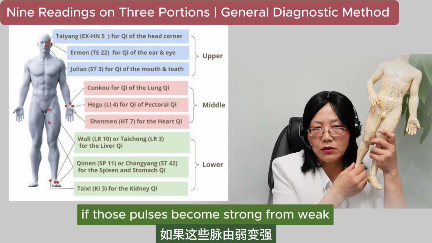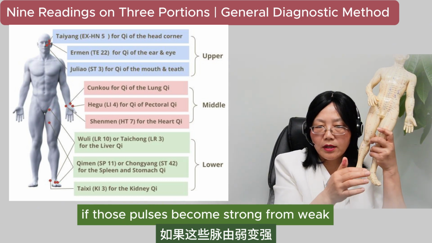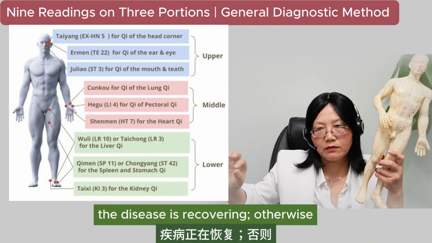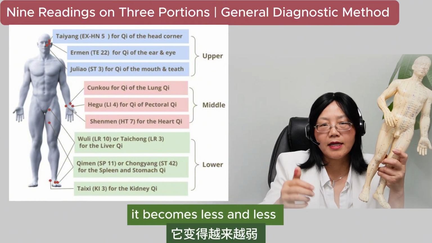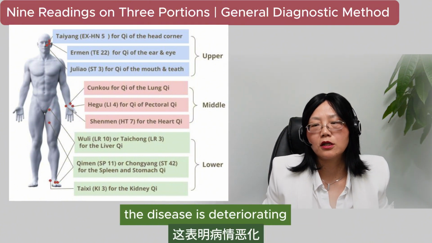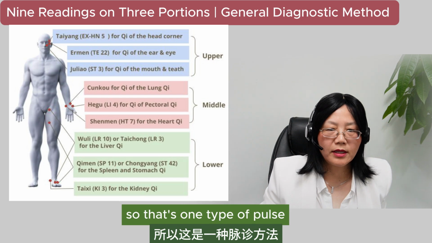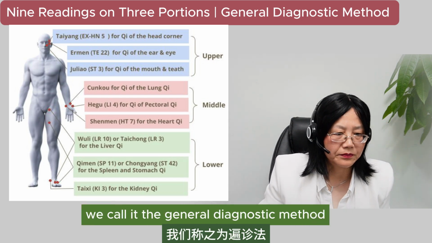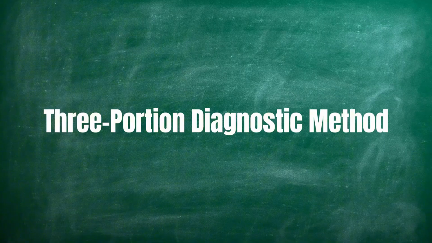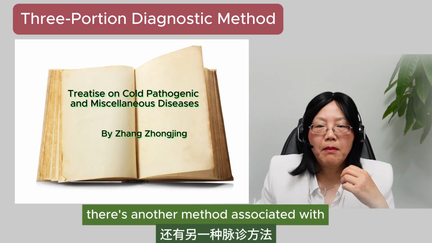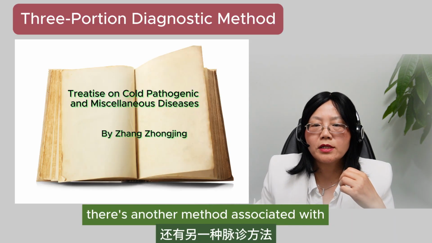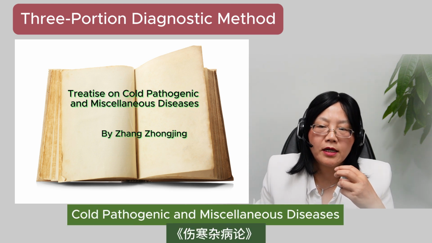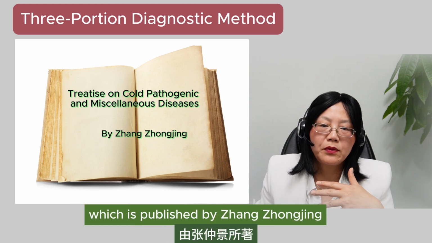If those pulses become strong from weak, or become stronger, the disease is recovering. Otherwise, if it becomes less and less, the disease is deteriorating. So that's one type of pulse. We call it the general diagnostic method, the 3-portion diagnostic method. There's another method associated with the Treatise on Cold Pathogenic and Miscellaneous Diseases, which is published by